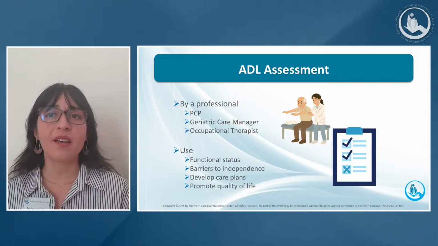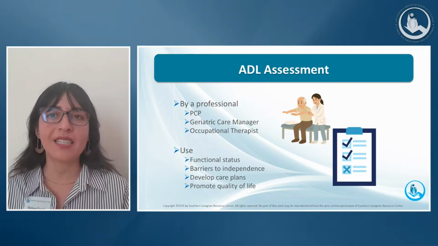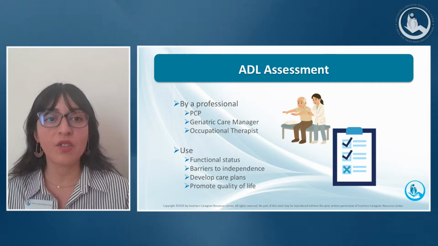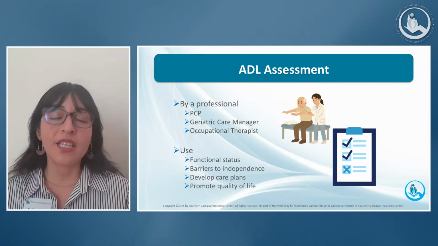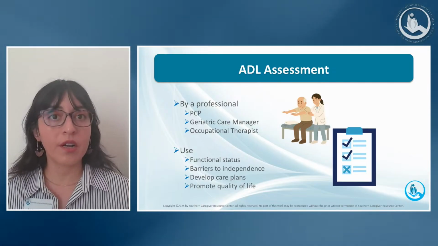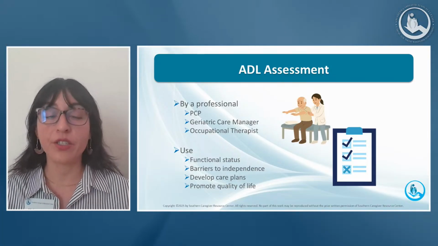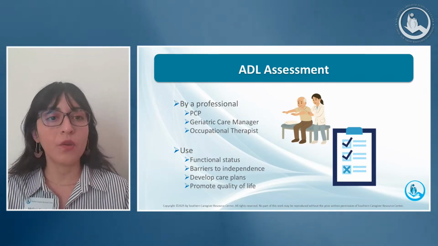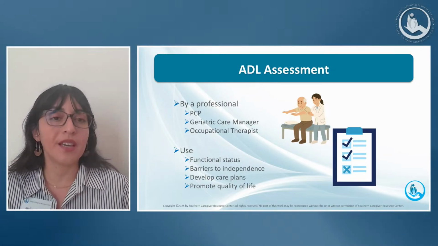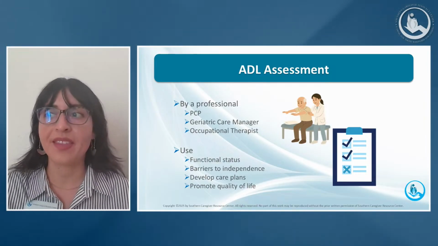Now, something else to note, and I mentioned it a little bit in our last slide, is the need to assess ADLs to access certain benefits. These can include Medicare, Medi-Cal, or other aging related services such as long-term care insurance. So don't be surprised if doing the CATS index is a requirement to access those benefits. Next slide, please.